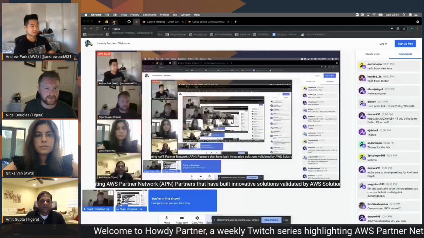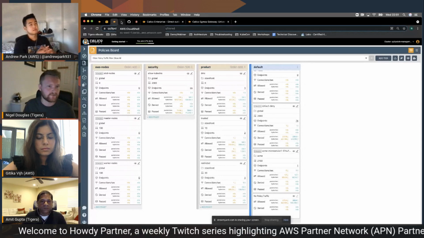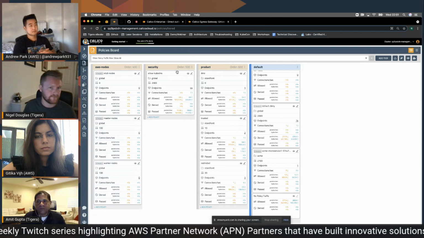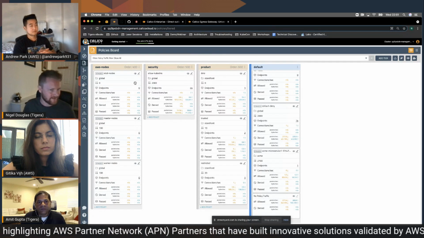For sure. I'll start by sharing again, and I'll introduce that rogue workload into our cluster. The idea is that we should be able to automatically catch it and prevent it. Earlier we were talking about this tiering concept.